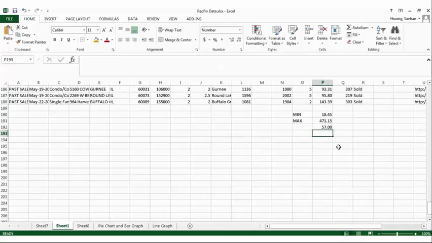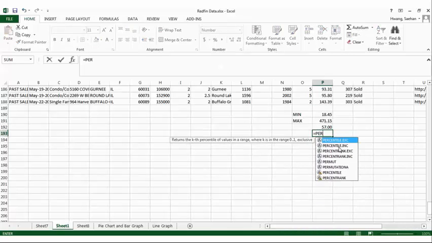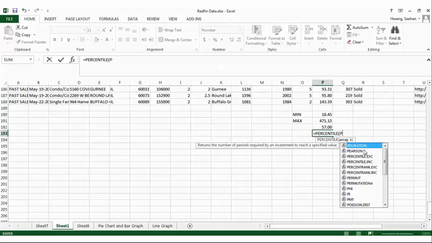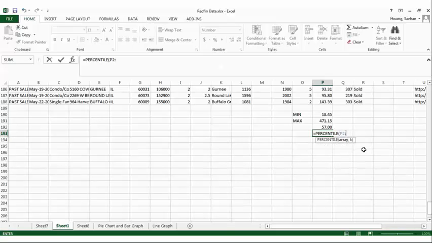Also, you can find, say, percentiles. You can do equals percentile. Okay, and then you enter the same range, P2 to P188, and say you wanted to find what is the 30th percentile. So you just enter 0.3. It has to have a point. You have to put it in decimal form. Press enter and it gives you the 30th percentile, and you can also find, say, the median, and again you just enter P